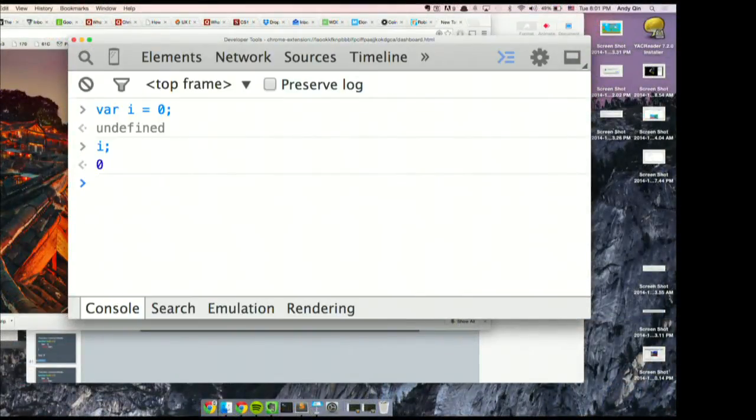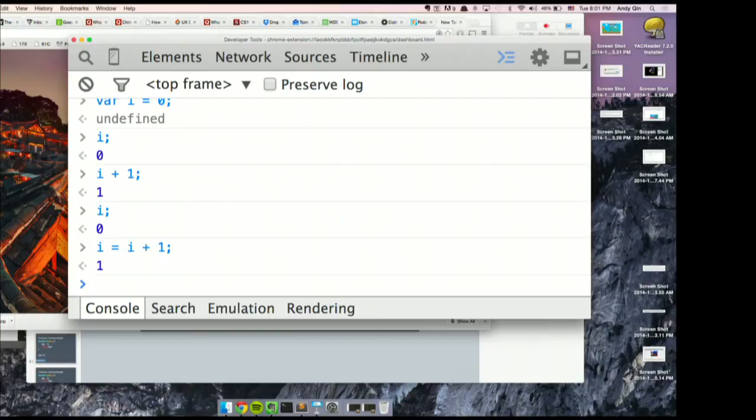Andy already mentioned this, but he went by a little quickly, so we'll do it again. If I do i plus 1 and click enter, you see that I get a value of 1. But the value of i is still 0 because we haven't assigned it anything. We said i plus 1 is 1, but we didn't say that we're going to store that value back into i. If we actually wanted to change i, we would have to do i equals i plus 1. Does that make sense to everyone? We can check, and it's still 1. Is everyone good? Yeah? All right.